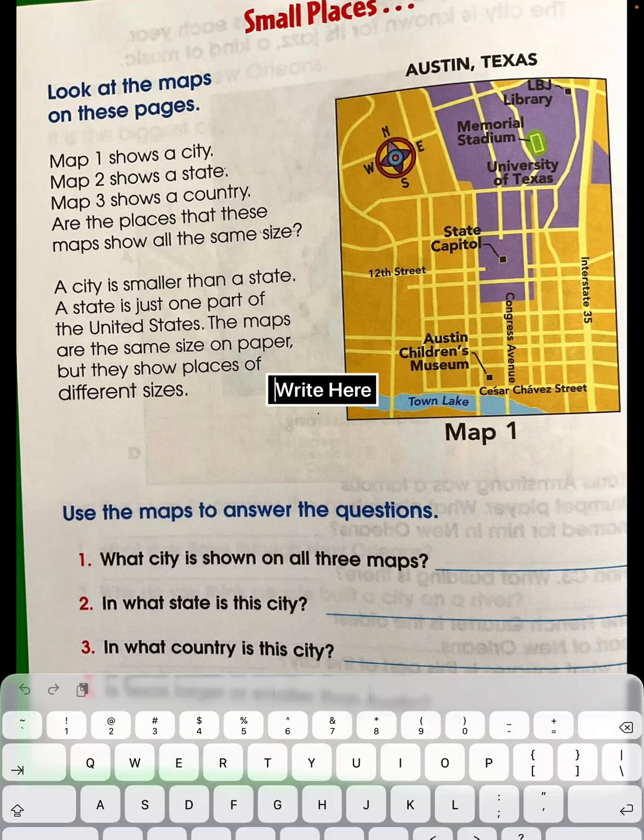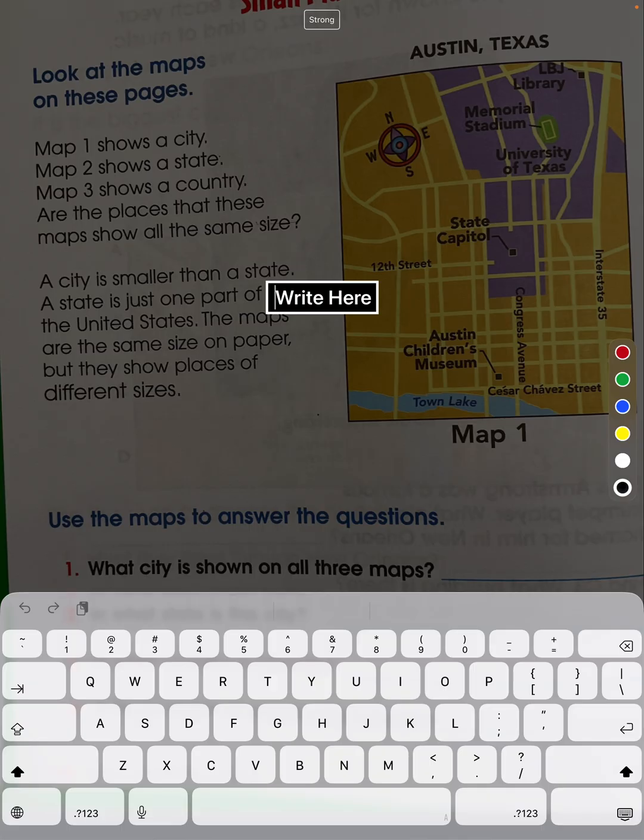So let's take a look at that text feature first. This will bring up the keyboard. You can type and use the word prediction if you want. You can also use this with external keyboards like the external keyboard in Read and Write. I can also use